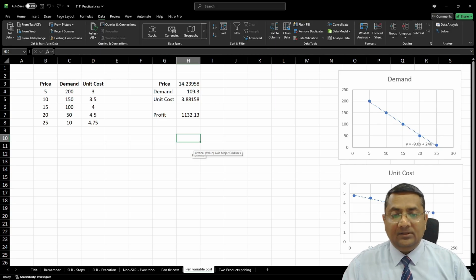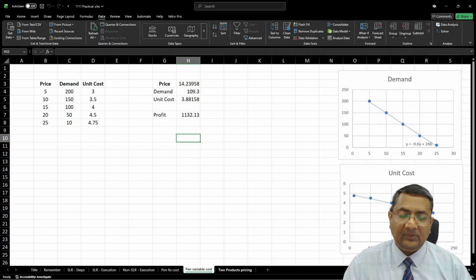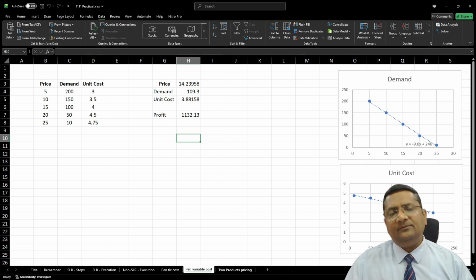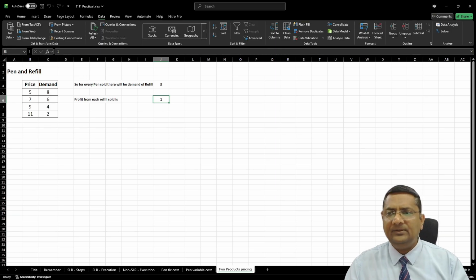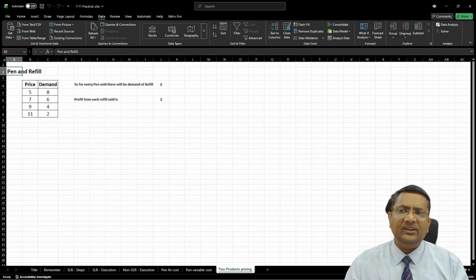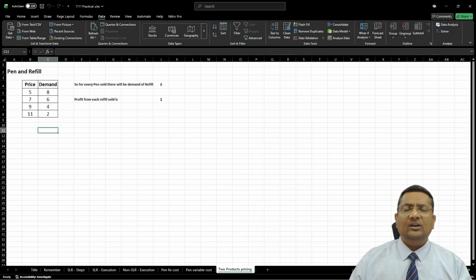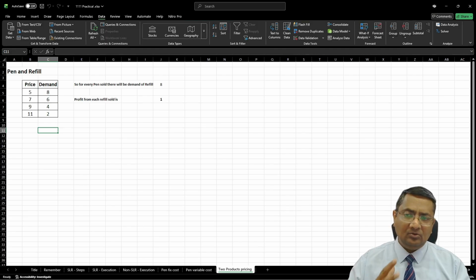Okay. Now moving to the next question, the next level. See, always we do not have one product or one price. We may have two products, where the sale of one product depends upon the other. Let's take the example of pen and refill. We can say the photocopier machine,